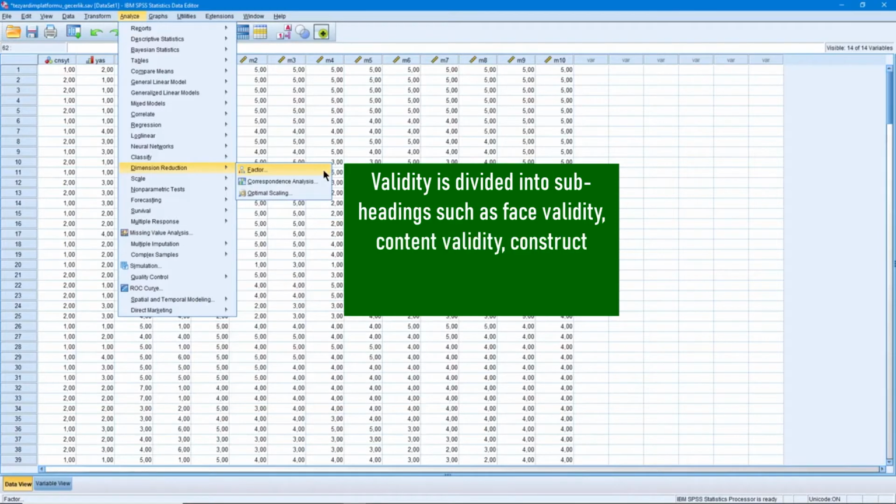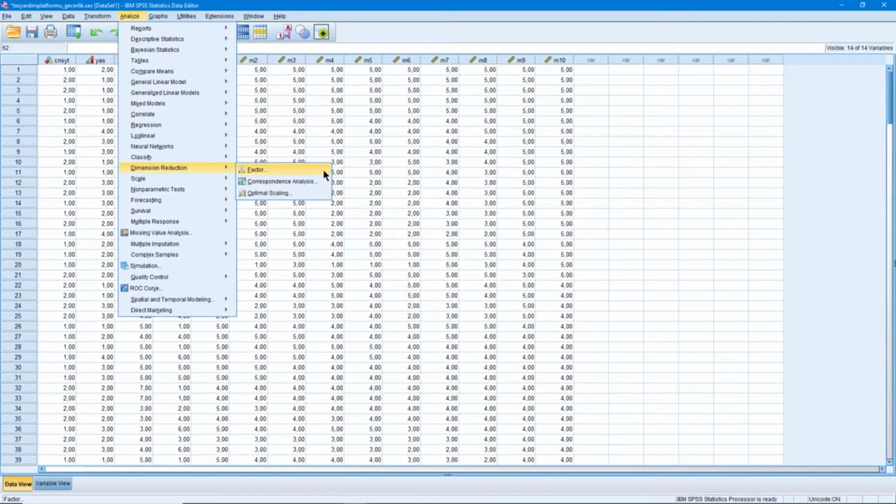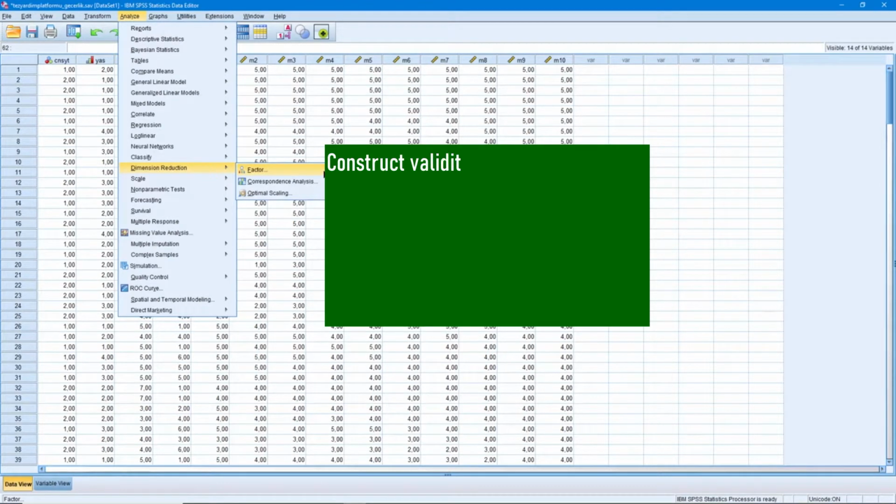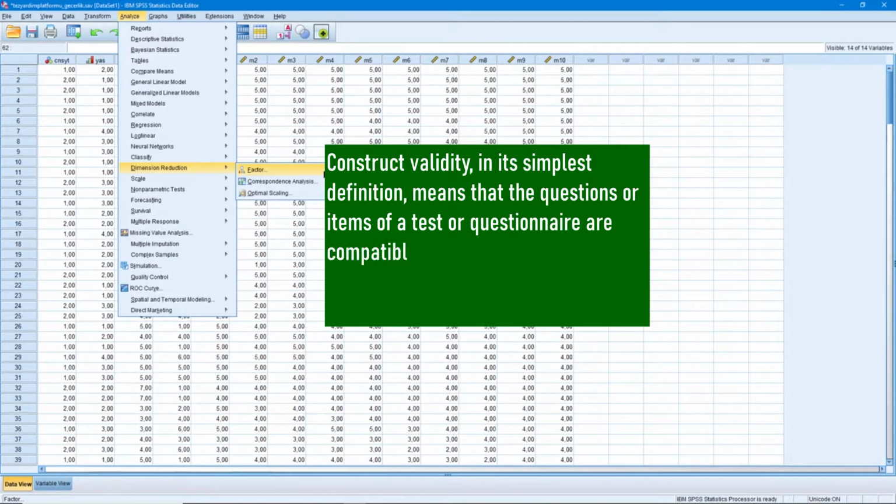As we have just mentioned, in this video we will explain how validity analysis can be done with SPSS. However, what we will actually do here is determine the construct validity, which is one of the different types of validity. Validity is divided into subheadings such as face validity, content validity, construct validity, internal validity, and criterion-related validity. Therefore, when determining whether a measurement tool is valid or not, all of them should be considered if possible. What we will do here is determine the construct validity among them. Therefore, we will use factor analysis.